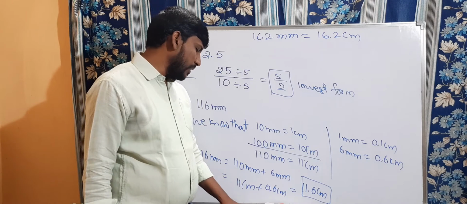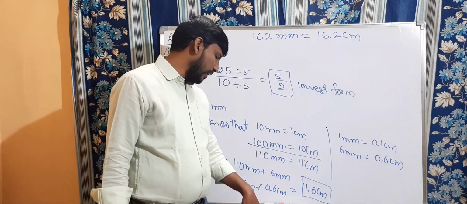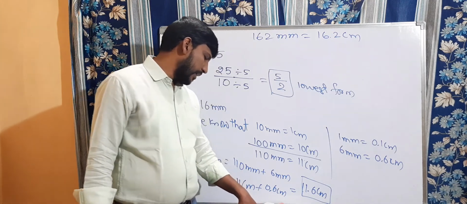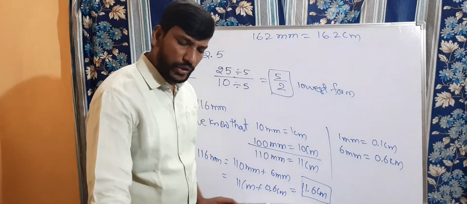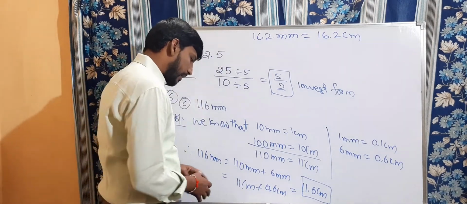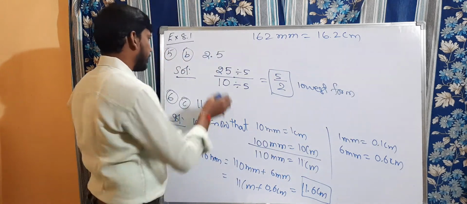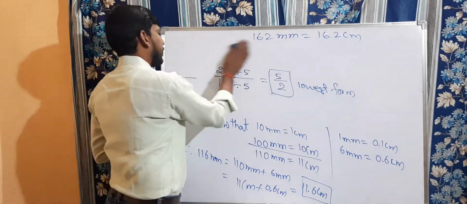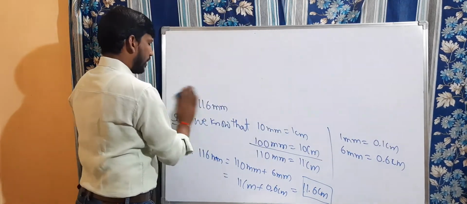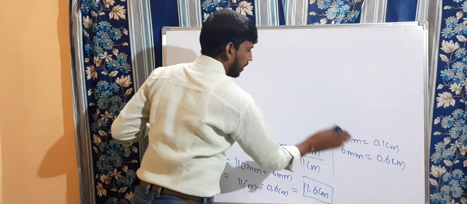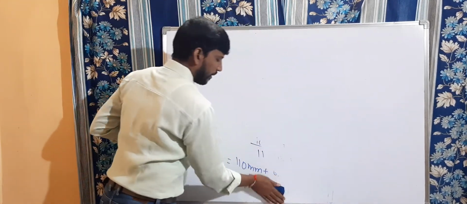Between which two whole numbers on the number line do the given numbers lie? Which of these whole numbers is nearer to the numbers? Here they have given some decimal numbers. We need to represent them on the number line, with whole numbers, and find which two numbers they lie between. Question number 7 we are going to discuss now. Very simple, very easy chapter. You can understand easily. Normal multiplication, normal addition, normal subtraction, normal conversions only.